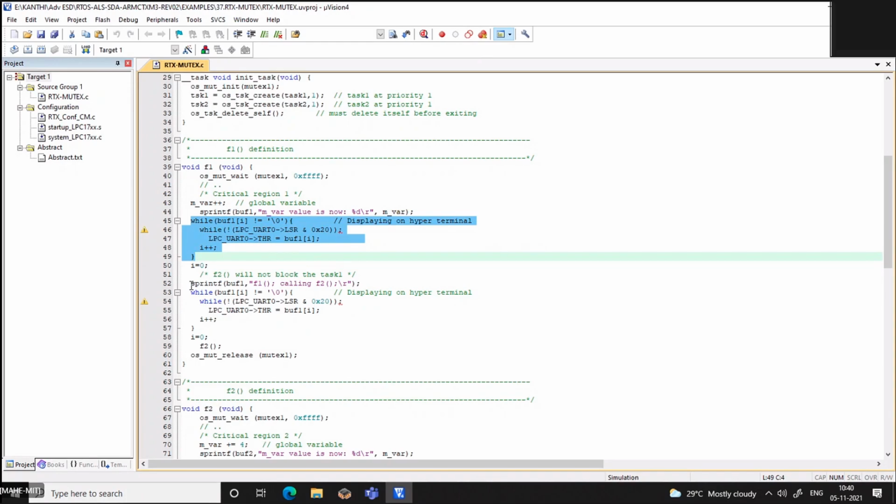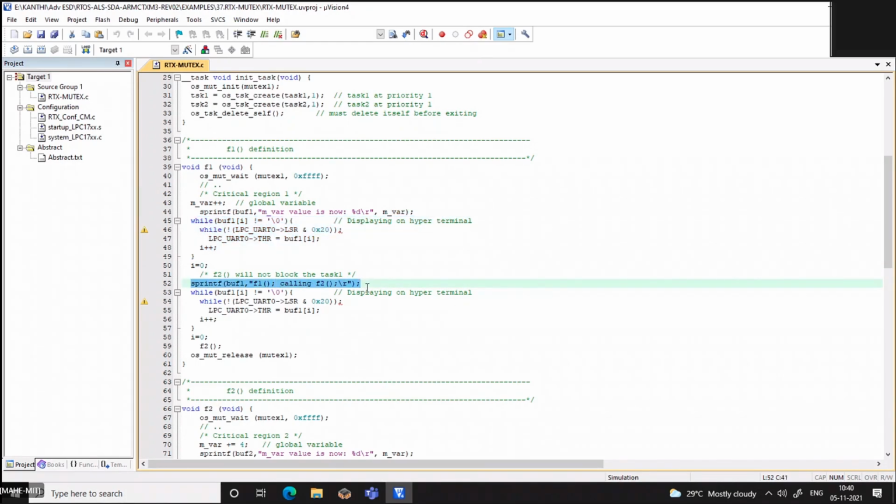F1 is calling F2. There is one more function. So this message is sent, and it calls F2. Please remember that in task 1 we are calling function 1, and function 1 is calling F2.